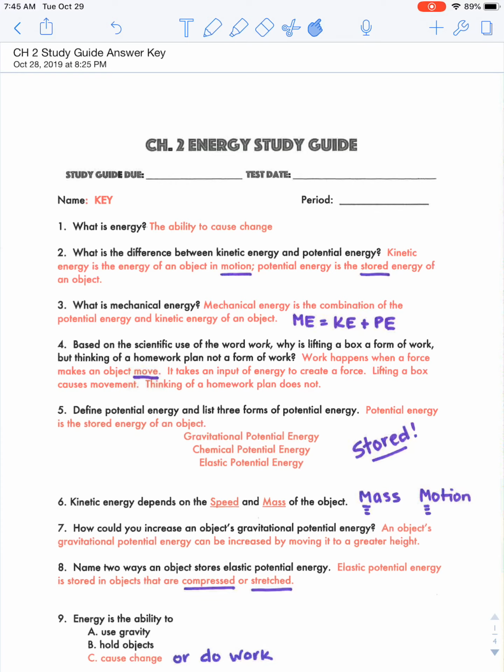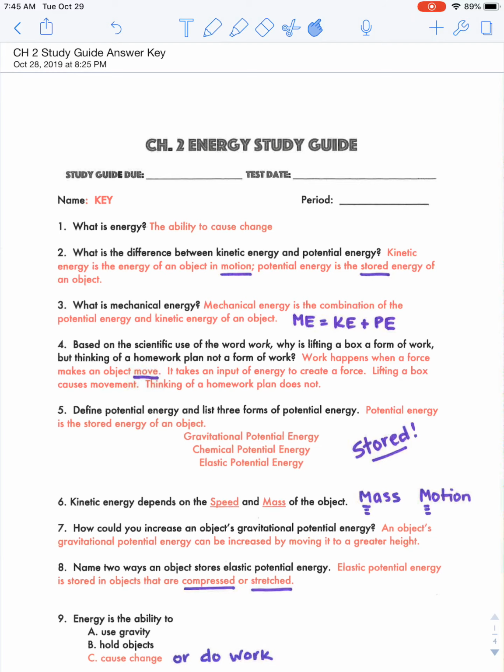What is mechanical energy? Mechanical energy is the combination of potential energy and kinetic energy of an object. So we can think of that as ME, which is mechanical energy, equals KE, which is kinetic energy, plus PE, which is potential energy. Anything that has moving parts has mechanical energy. So if it has a crank, if it's a wind-up toy, wind-up clock, anything with moving parts, machinery, that has